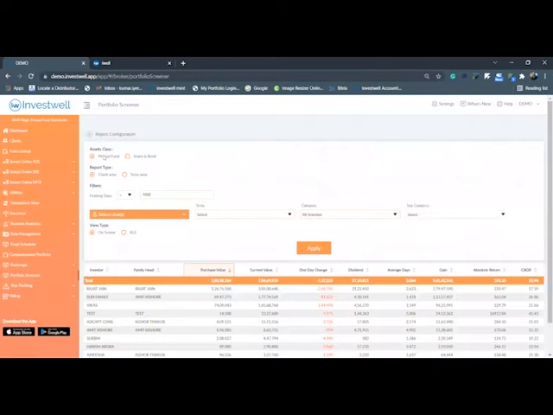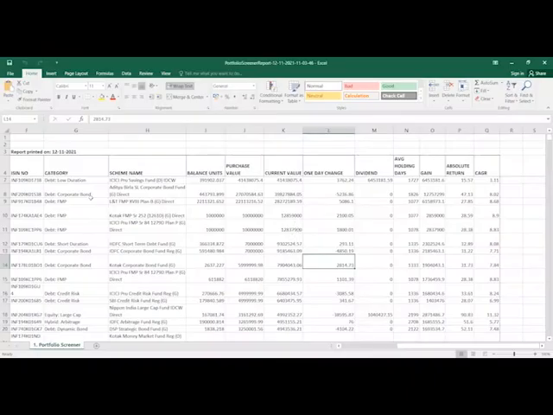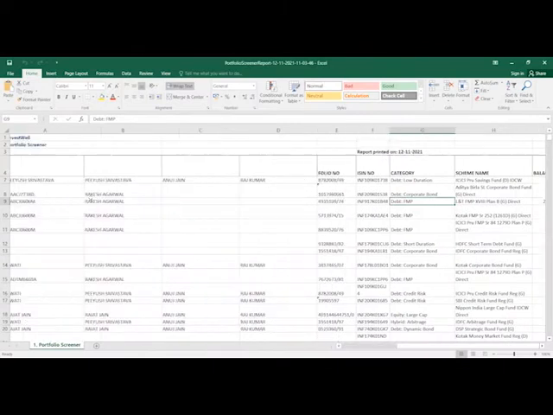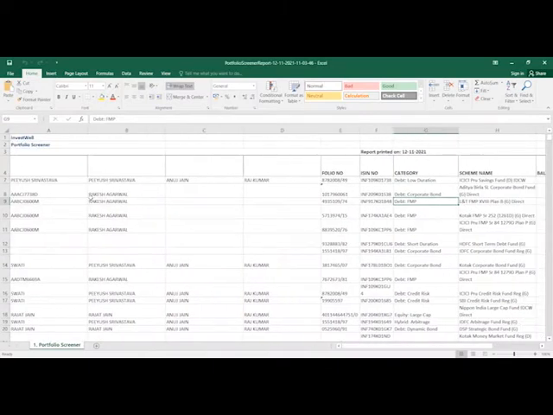Now I will showcase some of the Excel outputs and how they look, because in Excel a few more columns are added. So if you can see, it has generated this report, portfolio screener CM report, folio level.